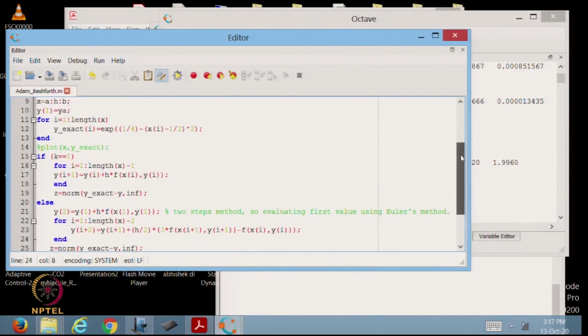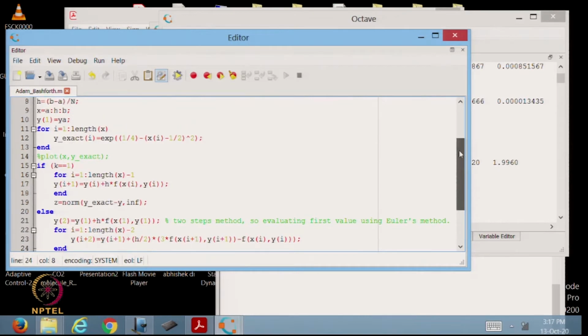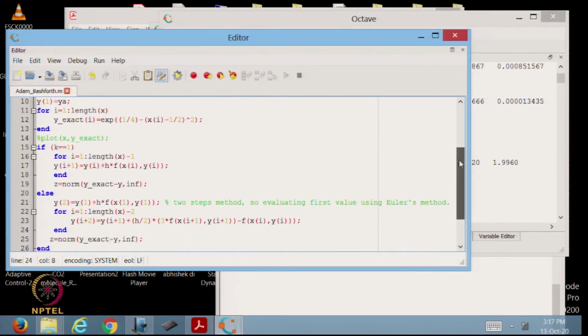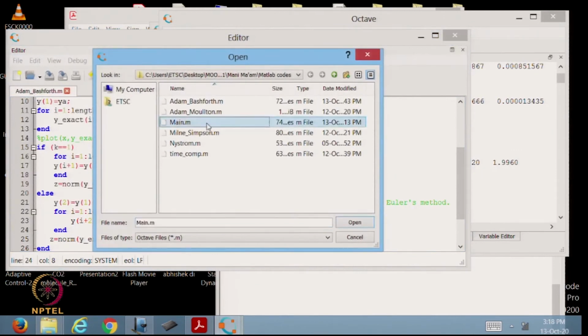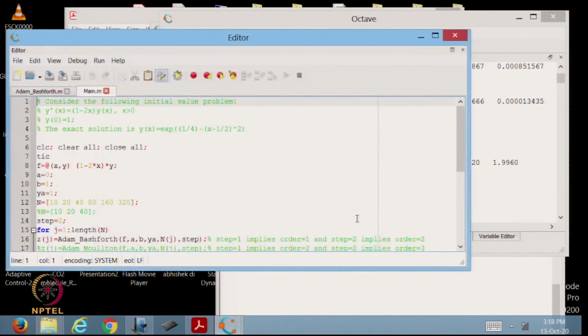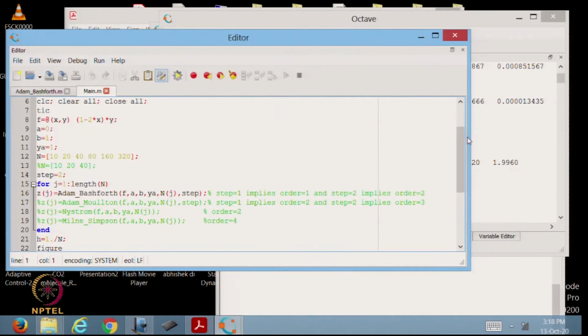Okay. So, basically we have seen one method of order 1 and another method of order 2, which was a two-step method, and how to implement that two-step method, that also we have seen. Now, we will be looking at Adams-Moulton's formulae or Adams-Moulton's methods.